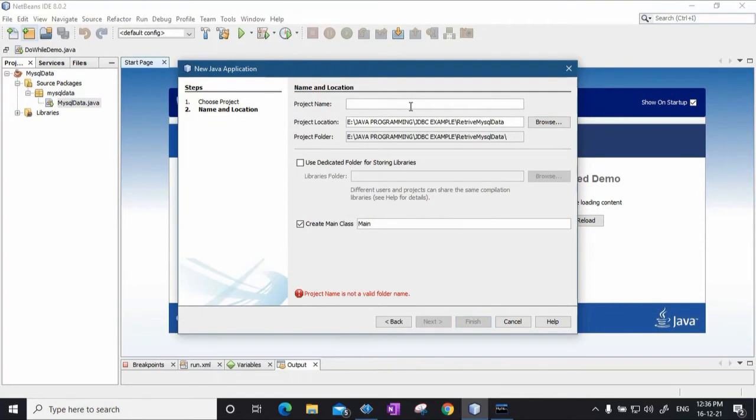That's the name of the project folder, and here the name of the project will be MySQL retrieve. Say finish.